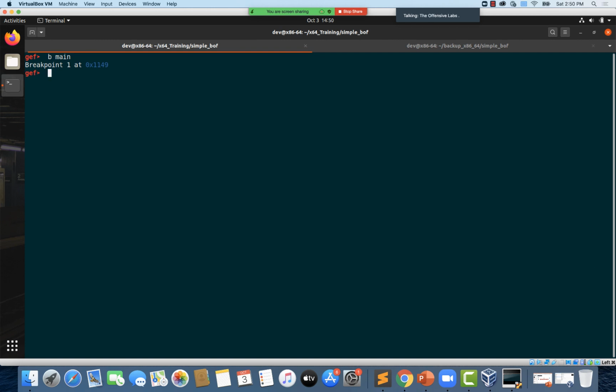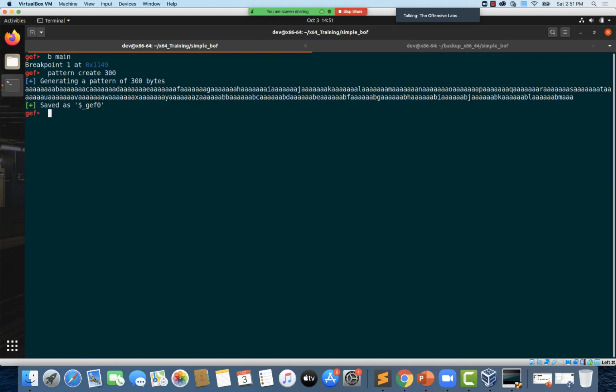Before running this, let's use some offset this time, because I assume all of you know pattern offset, pattern create, and all that. So I'm just going to use some random pattern instead of using 300 A's this time. Instead of using Metasploit, which is what we are habituated to do when we learn buffer overflows in OSCP, in GEF you have this feature called pattern create. We can use pattern create to create